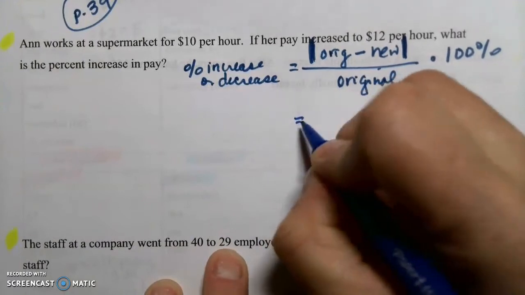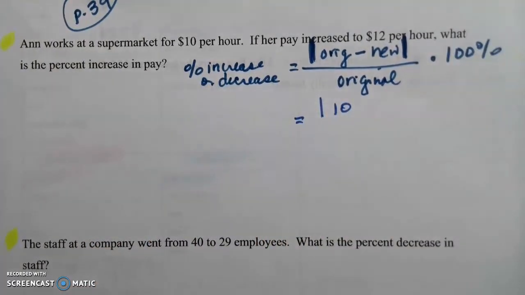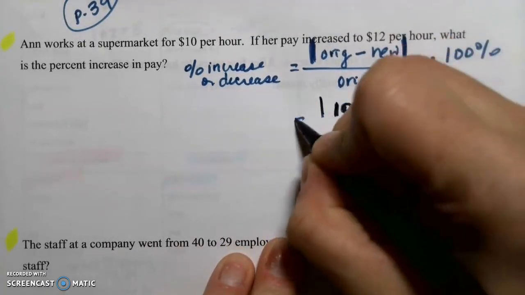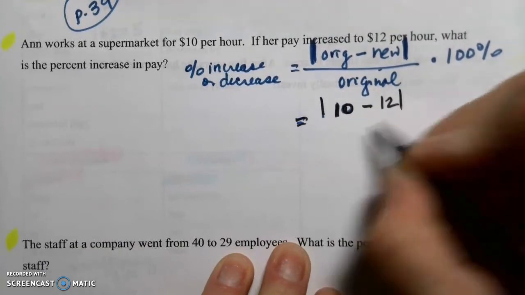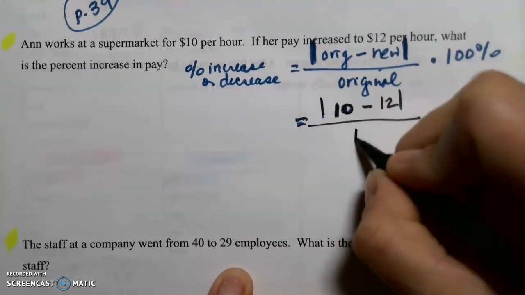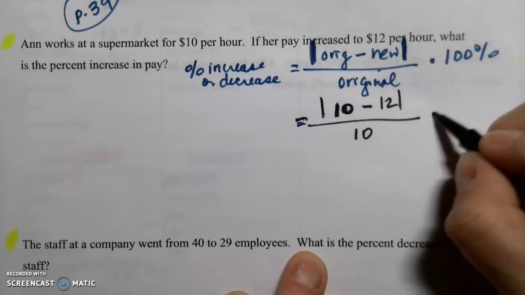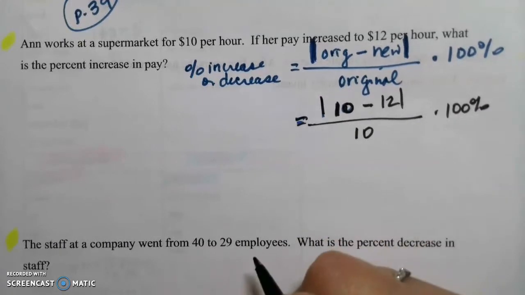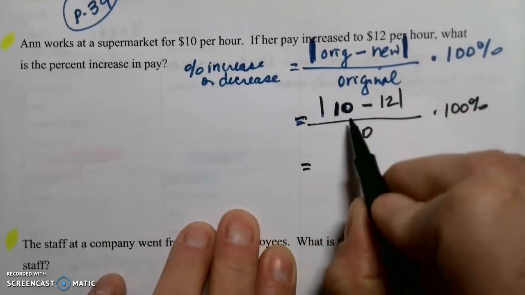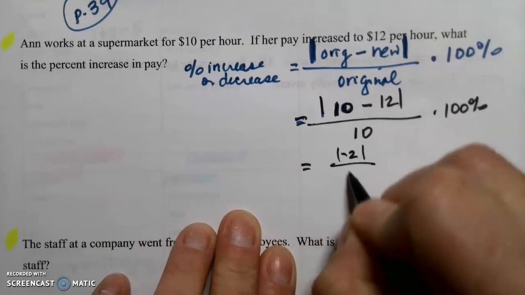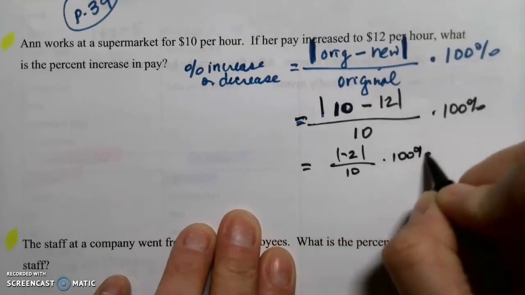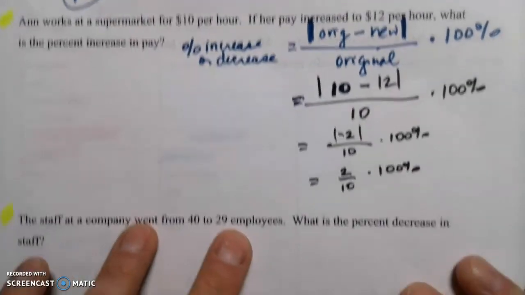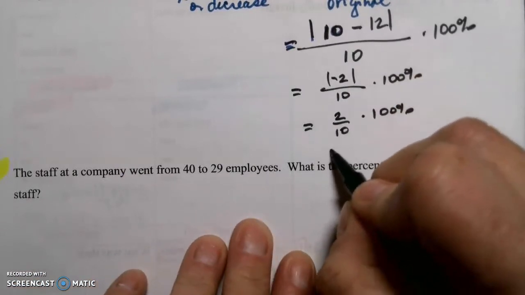So looking at those different pieces. All right, so the original pay was $10. And we're going to subtract the new pay, which is $12, but then we're going to take the absolute value. And then the original was still $10. And eventually we will multiply this by 100%. We have to get this fraction taken care of first. So that numerator would be -2, absolute value, over 10 times 100. And that's going to be 2/10 times 100%. And 2/10 is 1/5 or 0.2